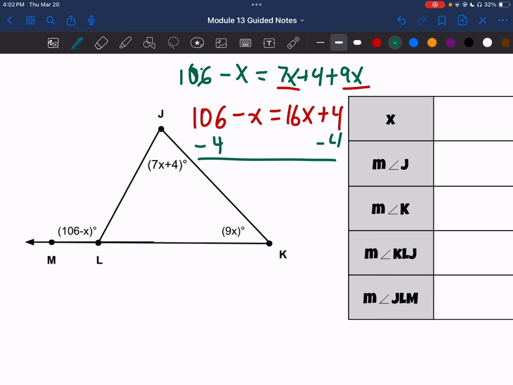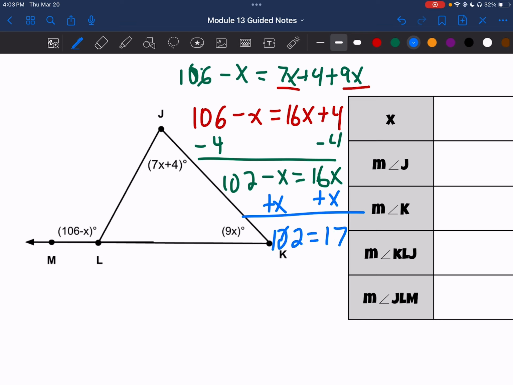Okay, and we get 102 minus x equals 16x. Getting a step ahead of myself. Add x to both sides. Honestly, you could have done this in either order. 102, not 120, 102 is equal to 17x, which I divide by 17, and I get that 6 is equal